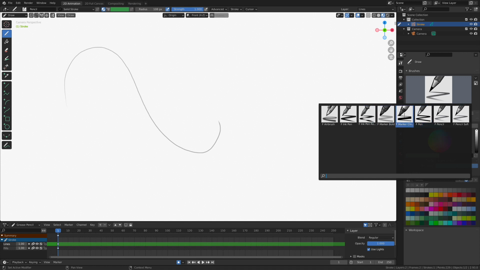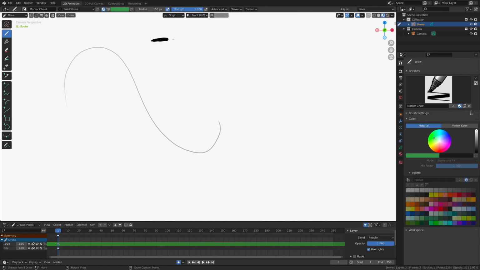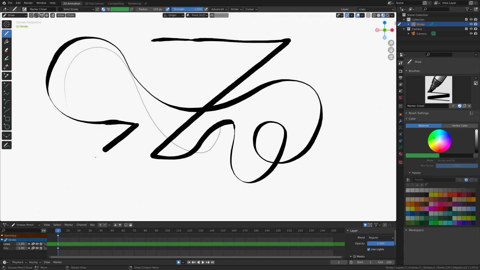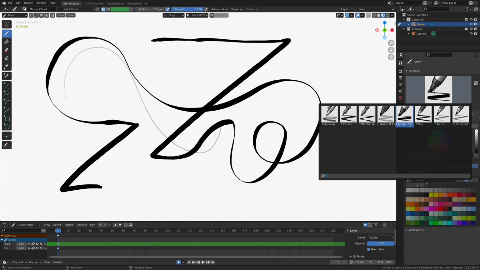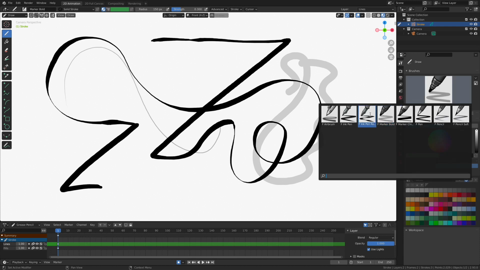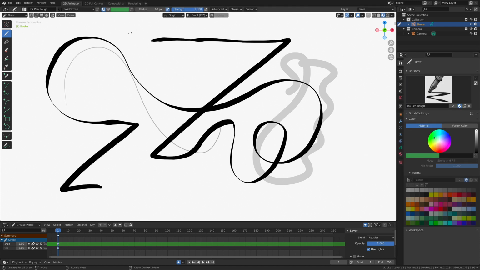For example, let's do marker chisel. Check out this. Now, it's analyzing the angle of my pen tablet, and it's changing the size of the stroke based off of that angle, which is pretty cool. If you look at some of the other ones in here, here's marker bold. This is just a big fat marker, not too dissimilar from a traditional marker. The ink pen, the fountain pen, is kind of neat, because look at that stroke now. It kind of randomizes the stroke as it goes along.